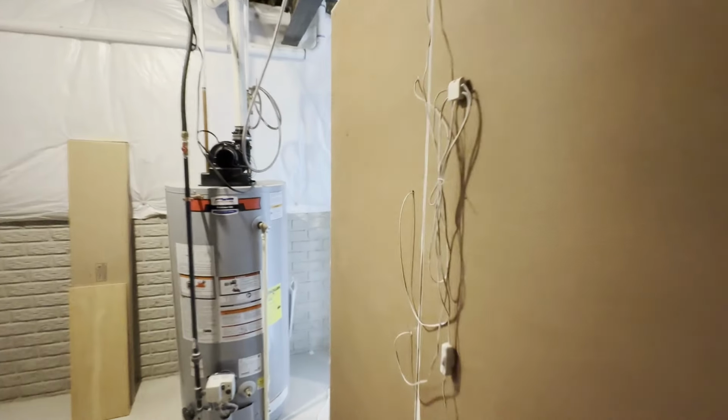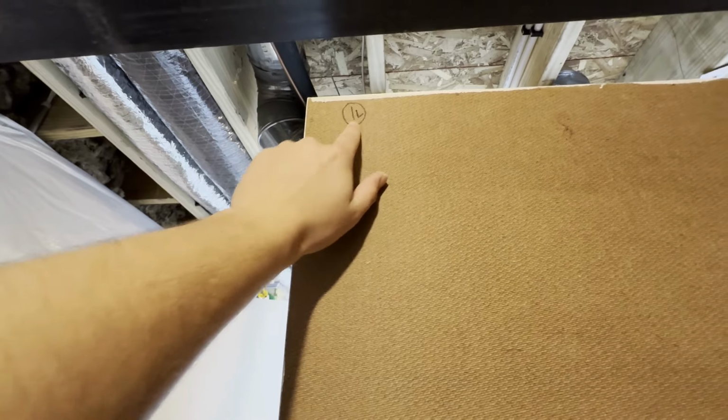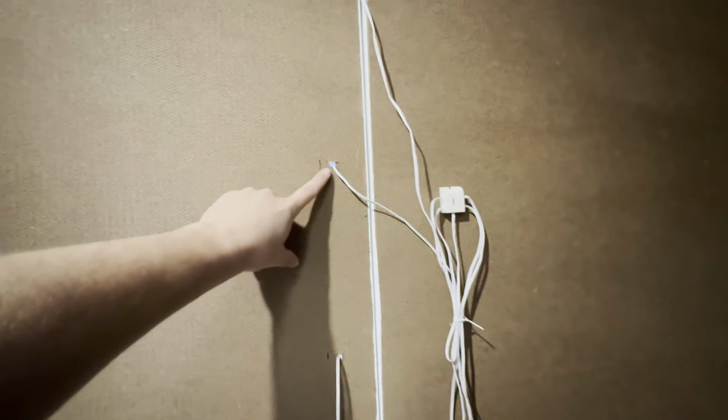All right, so here is the wiring for the shelves. I've got a little bit of a system here. I've labeled these actually for the inevitable move. 1L, 1 left. So I know the first one starts on the left side. That means number 2 is on the right, 3, 4, 5. And then what I've done is I've labeled my